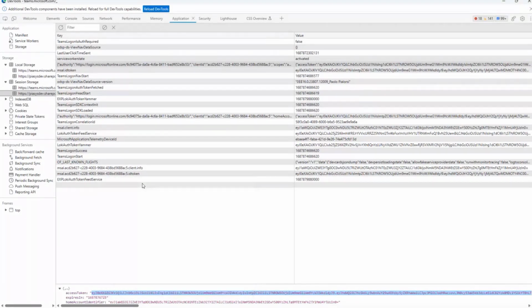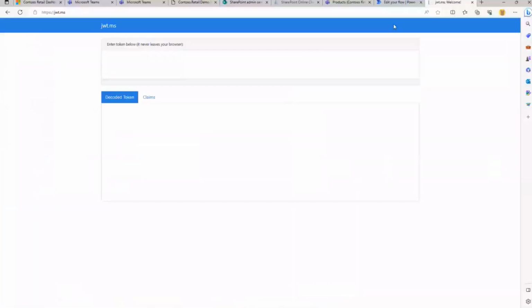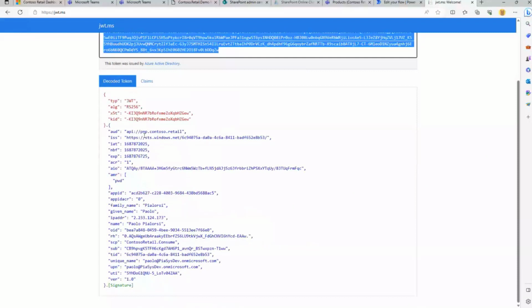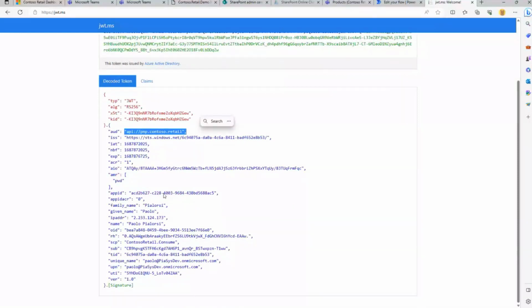And in fact, if I copy this value and I show you in this nice tool provided by Microsoft, jwt.ms, the actual content of the token. This is a delegated token, and in this token we can see that we can consume the API that I showed you before, and Paolo Pialorsi, so that's me, my current user, does have the permission to do the consumption of Contoso Retail.